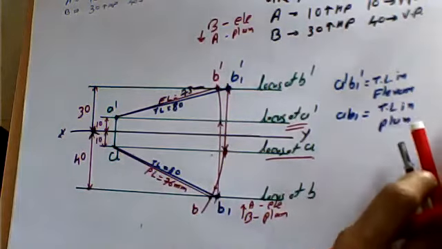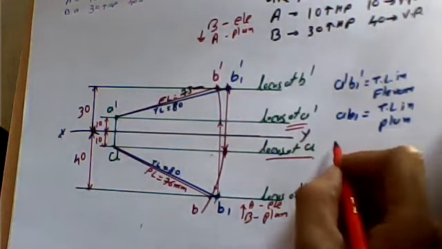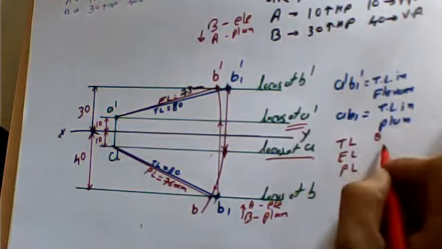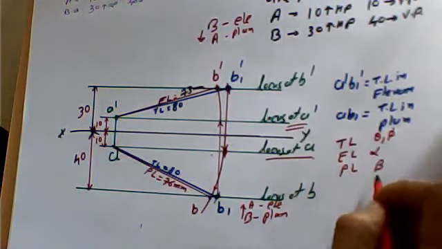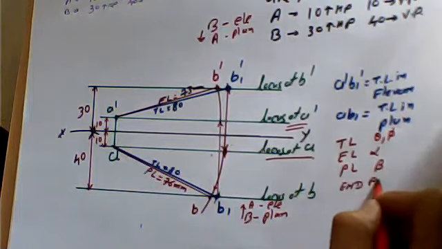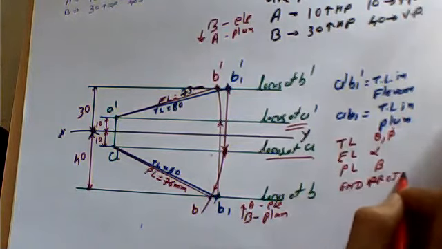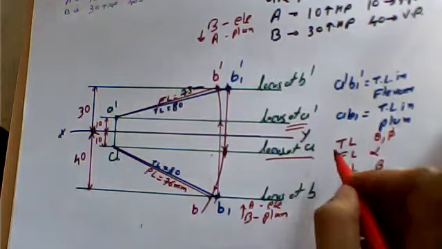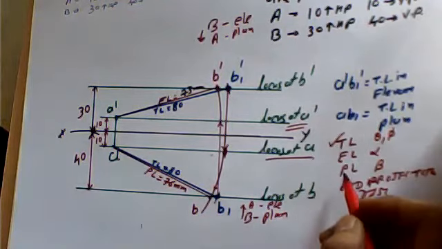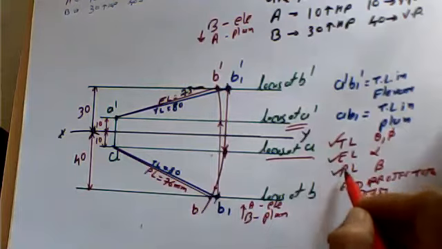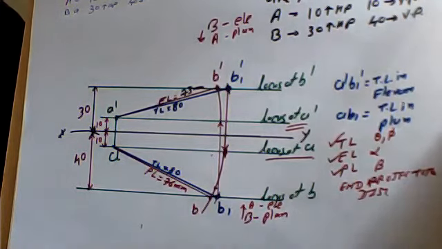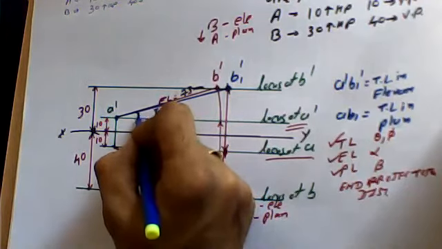So according to our criteria, we need to go for certain data, which is true length, elevation length, plan length, theta, phi, alpha, beta, and end projector distance. Among them, we have already had the data of true length. We are able to find elevation length. We are able to find true length. Now we need to check for the angles. So the angle of true length with the horizontal plane is going to be called theta.